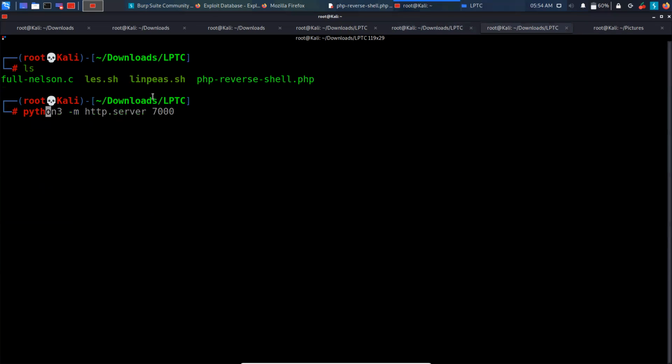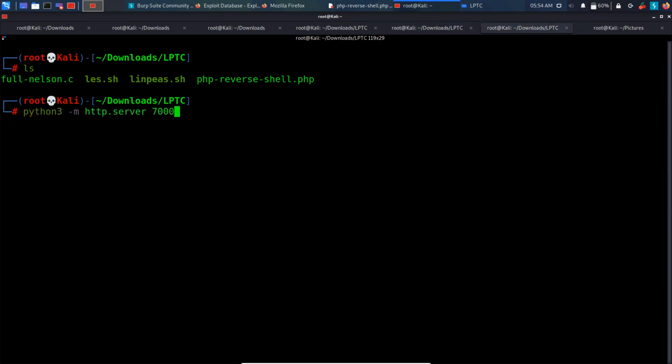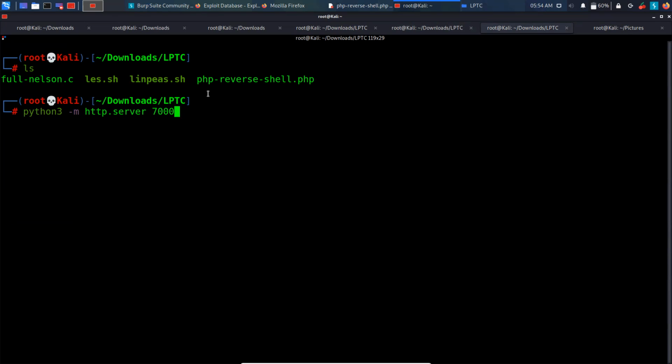To copy files from our system to the target, we can use a Python server. The command is very simple. We tell python -m to start an HTTP server. But remember that you will only be able to fetch files from this directory, because we are starting the server in this directory. We won't be able to fetch files from outside it. So we are supplying the port, listening on http.server, and we click enter.